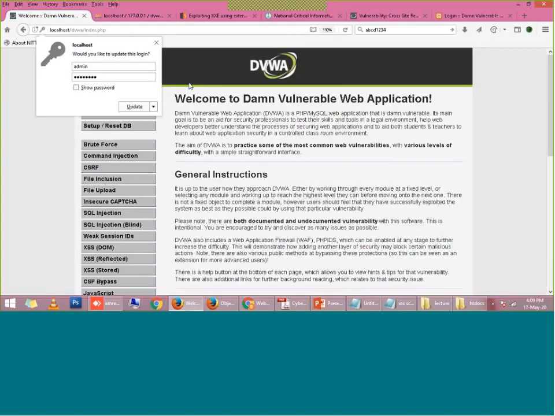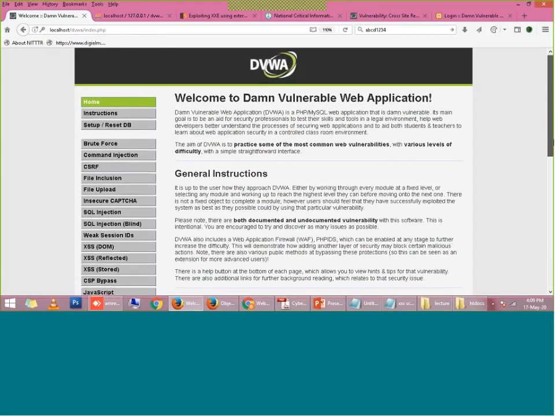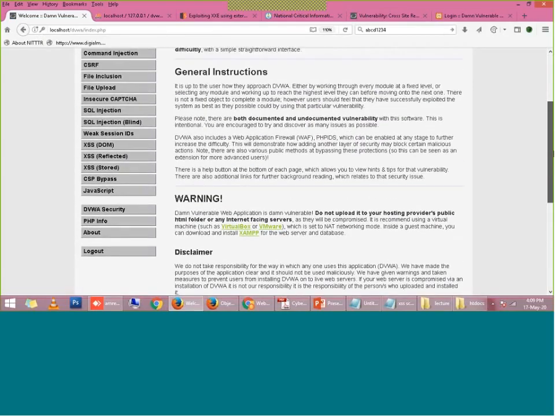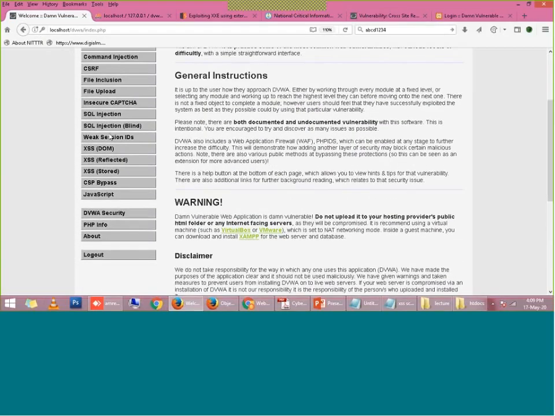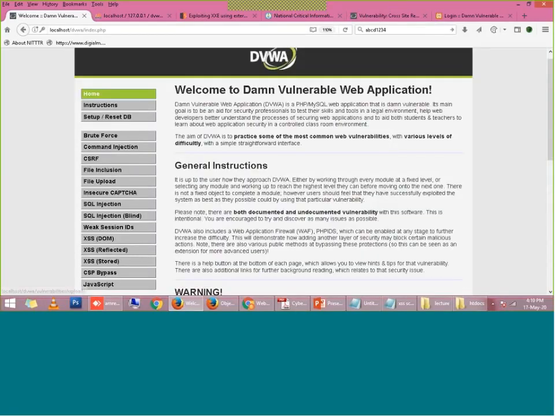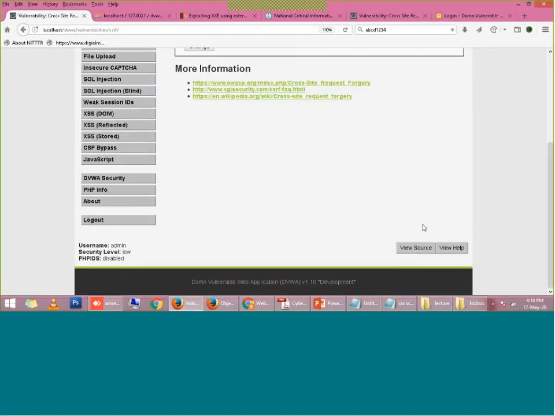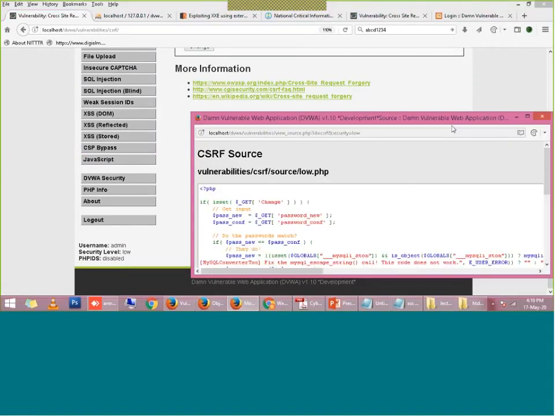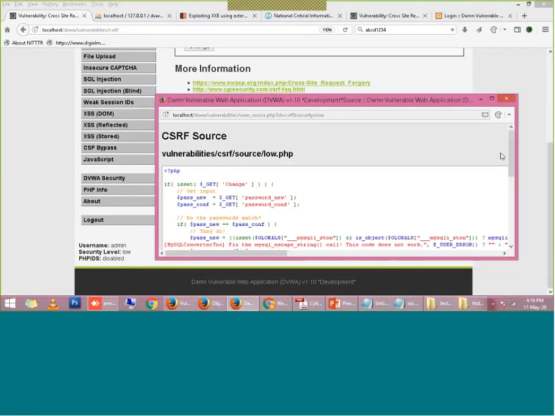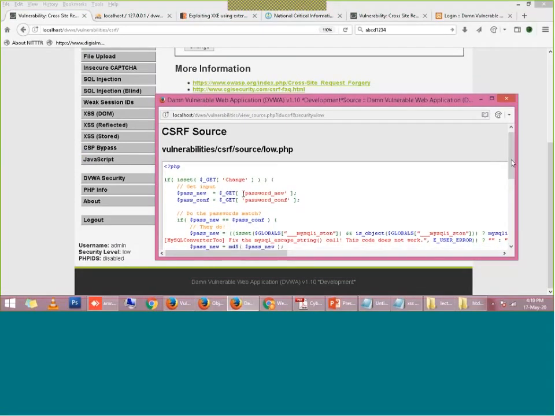You can only understand if you have listened to me carefully. Otherwise it is not going to make you understand, because it is a little bit tricky, right? So I can show you the CSRF page. Here there are two fields: new password and password confirmed.